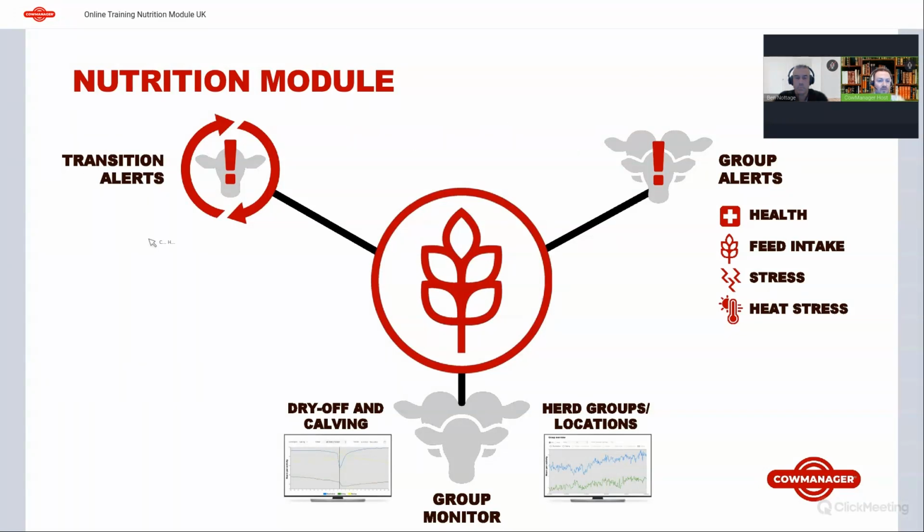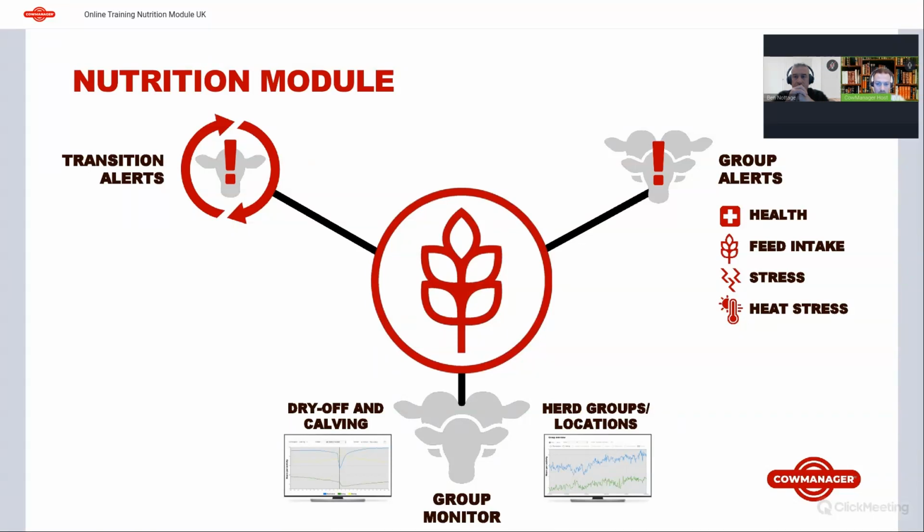So first of all, this is the full extent of our nutrition module. It consists of individual cow transition alerts. We've got group alerts, and we've got a group monitor functionality. And the group monitor functionality consists of what happens within a group or what happens in a location. You can compare groups, you can compare locations, but you can also compare and monitor